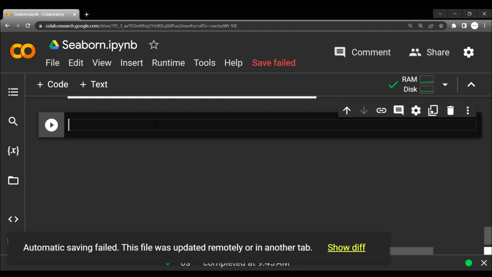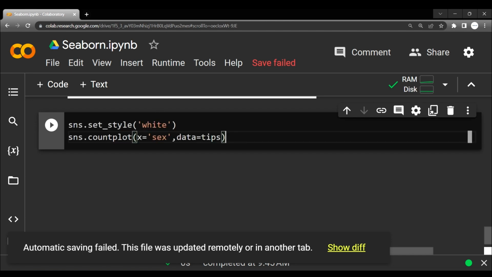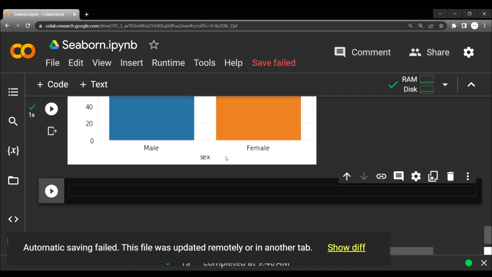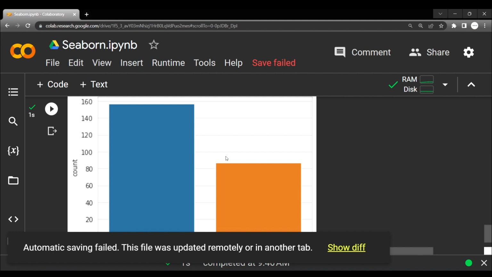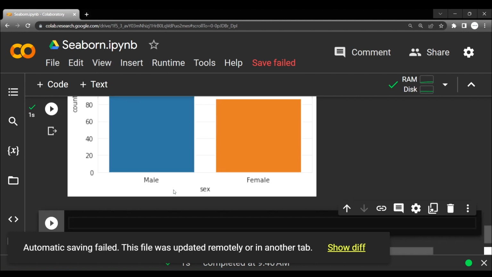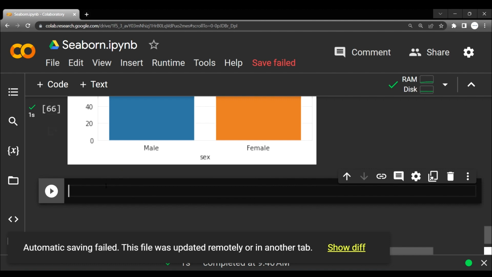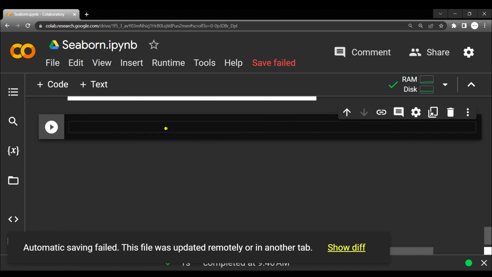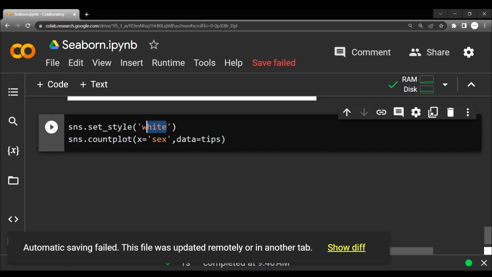Now you can also say I want a white grid. So that's how you can have a white grid. You see those lines, beautiful. And you can also say I want the ticks, but I don't want the spine. So the spines are the boundaries that we see right here. So for example, if I say ticks here,